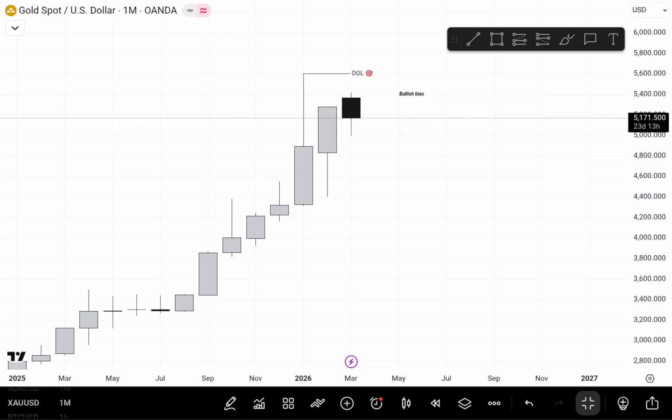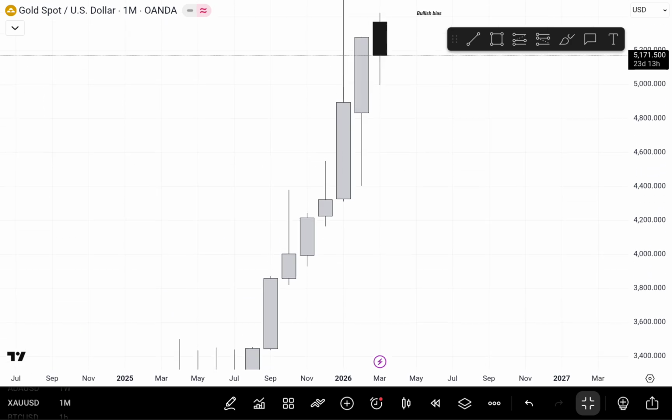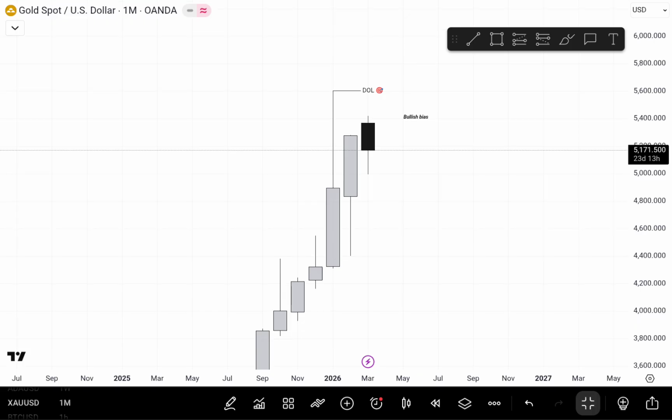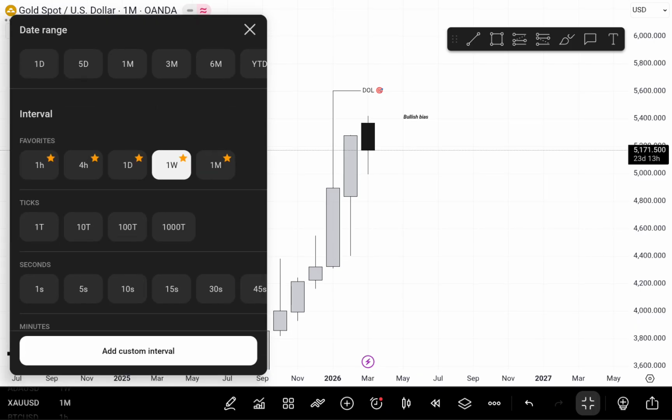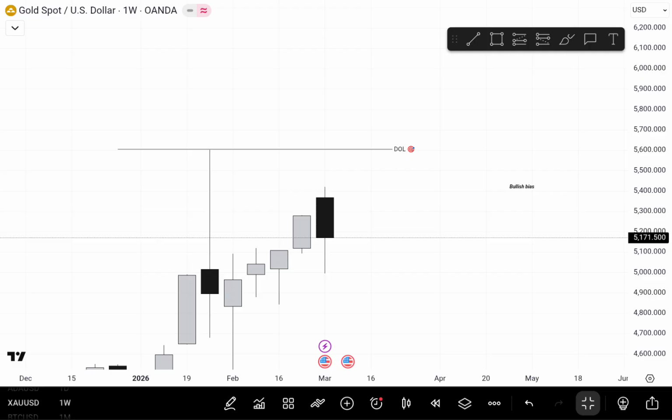So the next question we should be able to answer is how are we getting to that bias, how are we getting to that draw on liquidity, how are we going towards that direction. There is the vehicle, the narrative. So on the monthly, I don't see any narrative. I don't actually see any. So you can go down to the weekly. So looking at the weekly time frame,